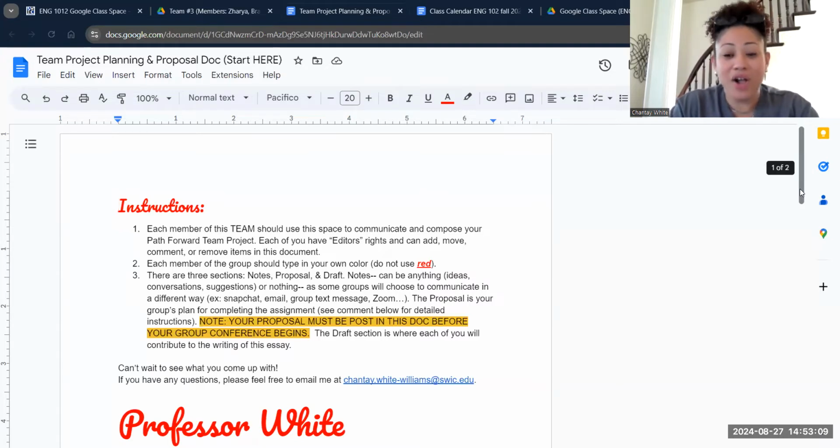Let me be clear. I own this Google Doc. If something gets erased, I can go back and see what was there previously. I can restore it. I can see what everyone contributes. But it will not give you a notification system in any kind of way that someone has posted or has not posted. Looking at this doc regularly in the next 3 or 4 days is your responsibility. I expect that every team come up with a way of communicating with each other.